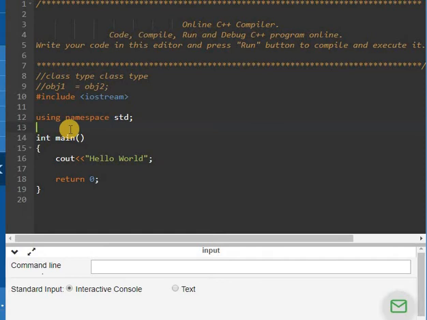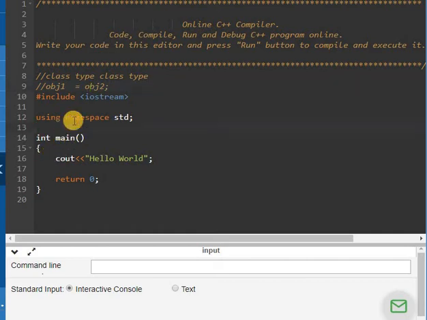We can do that with the help of copy constructors, or with the help of operator overloading. If you want to assign object 2's value to object 1, where object 1 is the destination object and object 2 is the source object, then we have to use the operator function again.